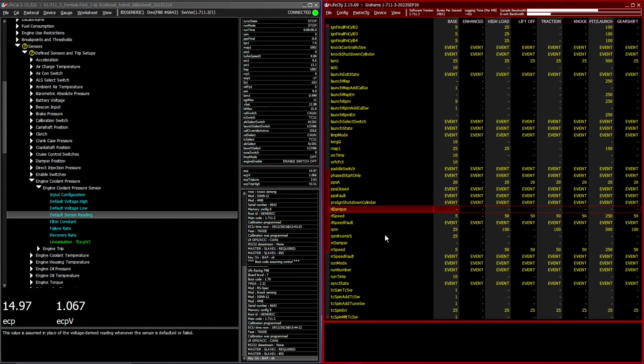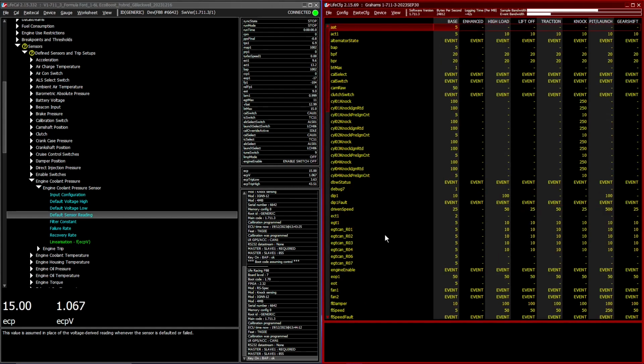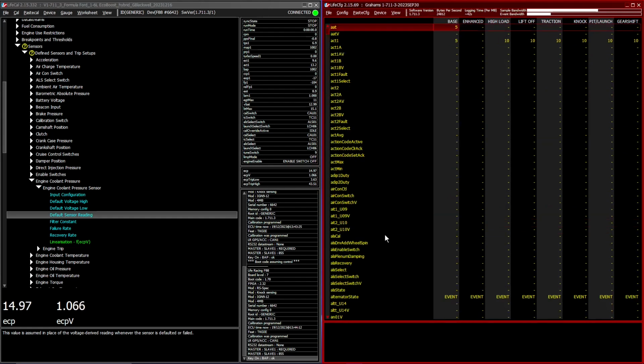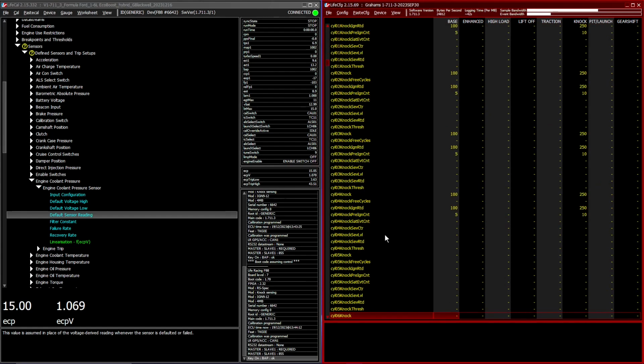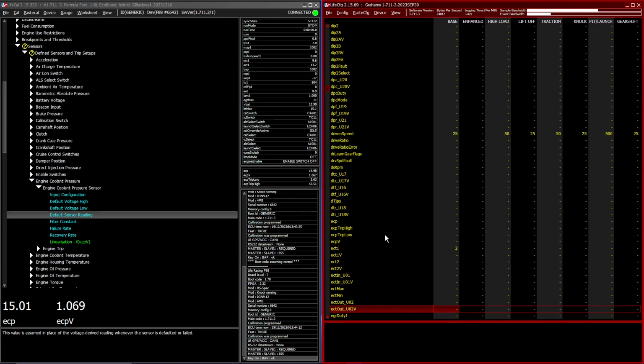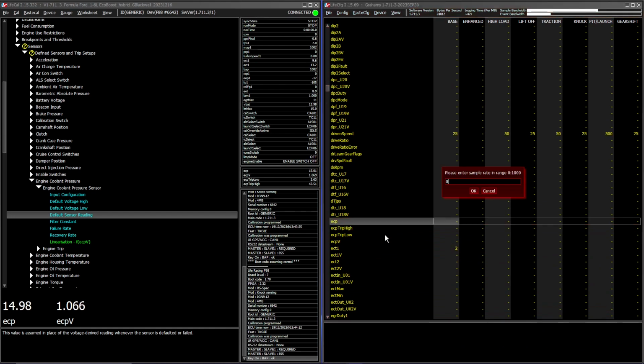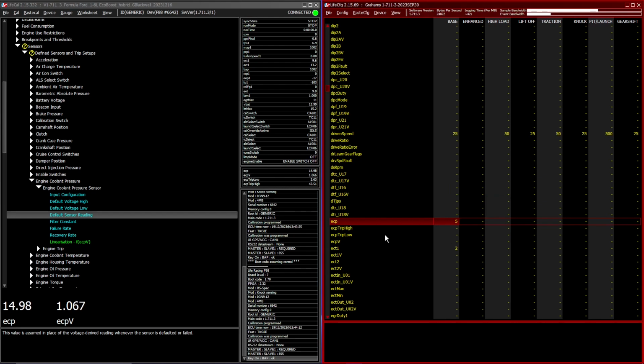What we do need to do now is actually add engine coolant pressure sensor. So if we go down to ECP, so if we do view and then do all, it'll bring it back to show all of the channels that we can log, and we'll go to ECP, which is going to be engine coolant pressure, that one there, and we want it to log it. It's analog, it's not going to move very rapidly, so I mean 5 Hertz is more than enough. So I think we'll just leave it at 5,